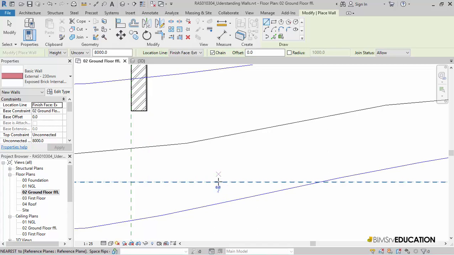Notice the external brick face is getting created along the reference plane, and the plaster face is on the inside.